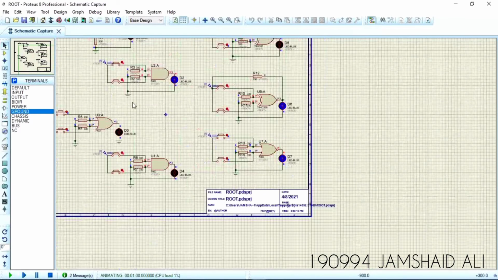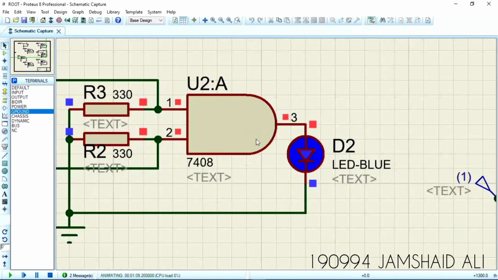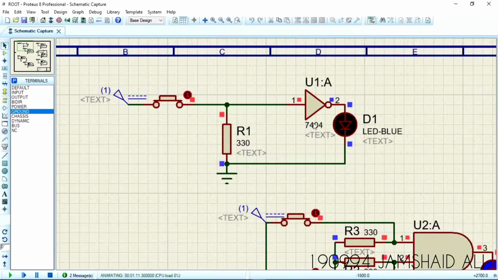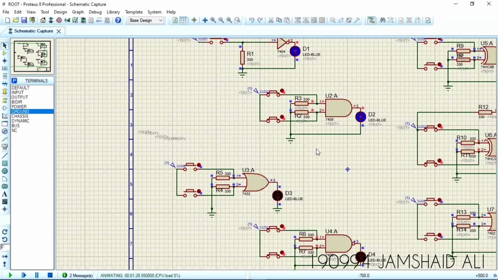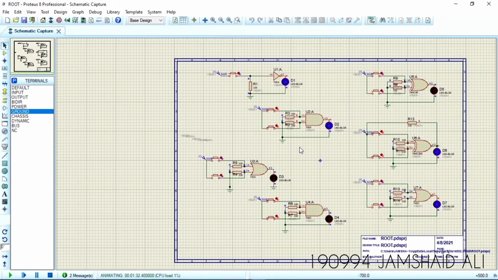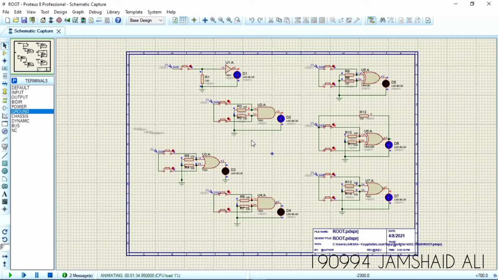Now we are going to discuss the simplest gate, which is the NOT gate. NOT gate means if I apply 1 on the input, then I will get 0 on the output, because the NOT gate gives us output by inverting our input. If I apply 0 on the input, then the output is 1. We are constructing these basic logic gates on the basis of their circuit by using RTL, resistor transistor logic, circuits.